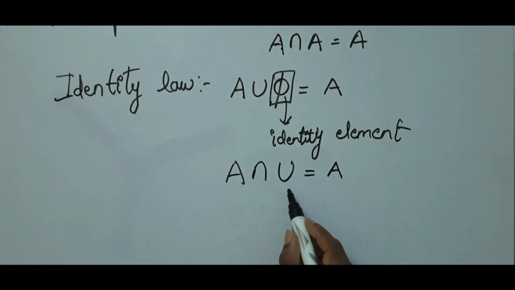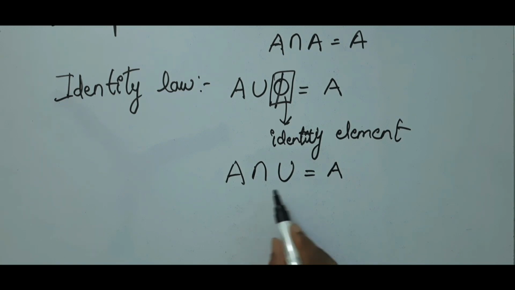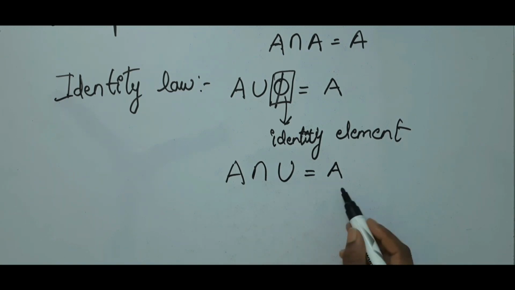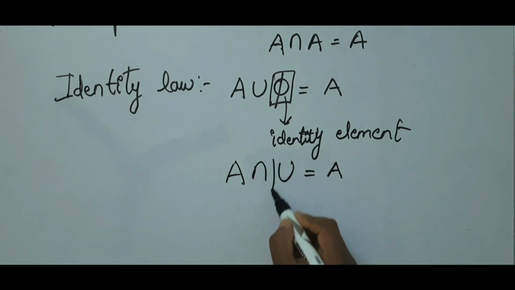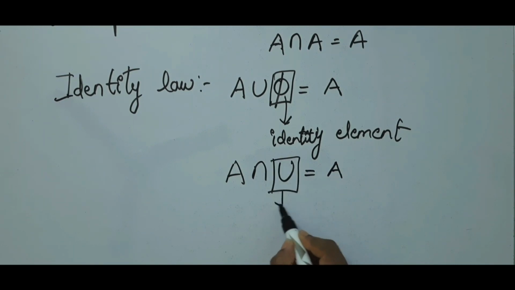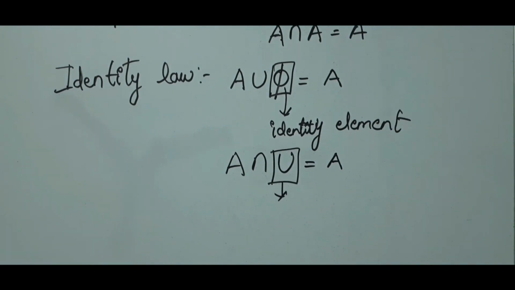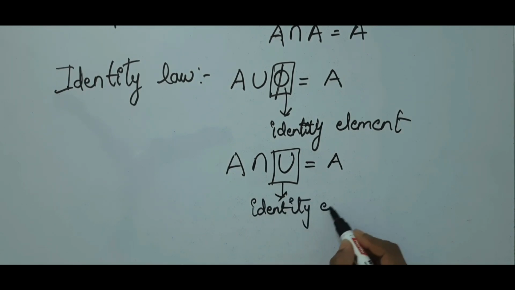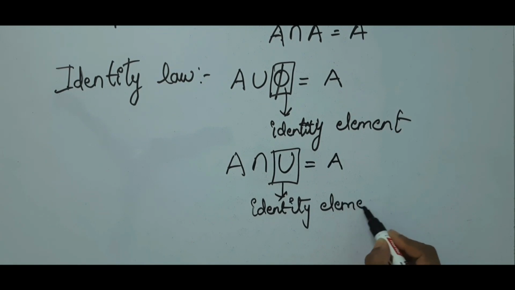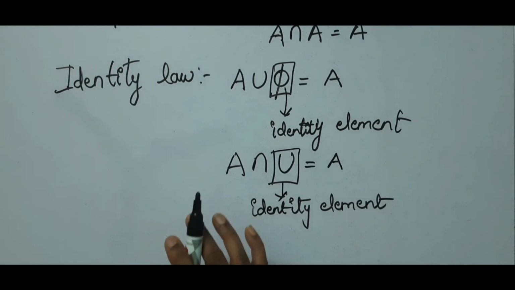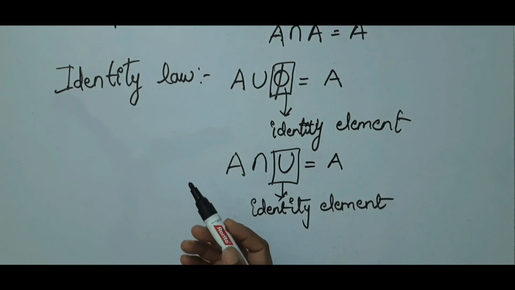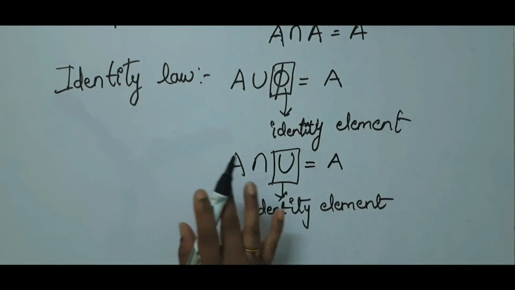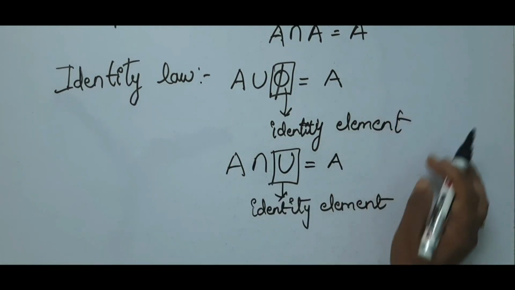So this is the identity element in case of intersection. As I said for idempotent law, for identity law also, it is enough if you remember these two rules